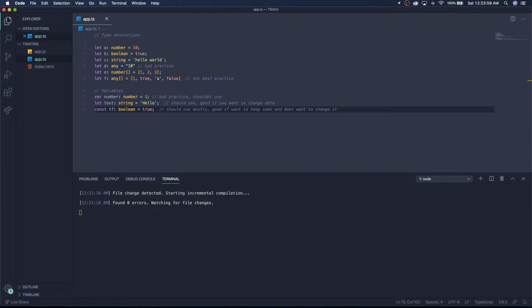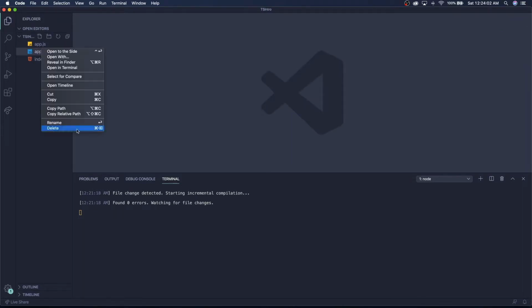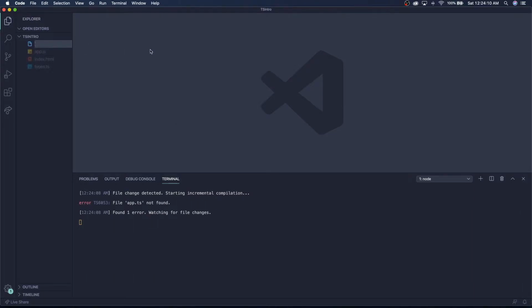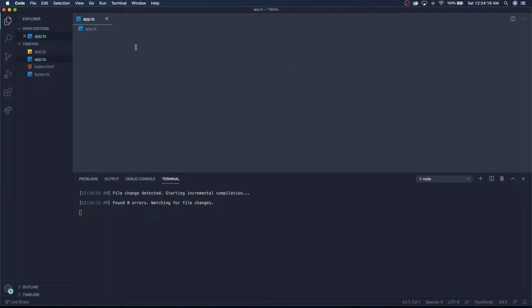So let's start off with the basics. What I'm going to do is rename this file to types.ts, and we'll create another app.ts file here. And here in our app.ts file, what we want to do is create